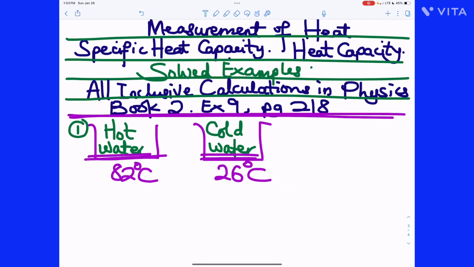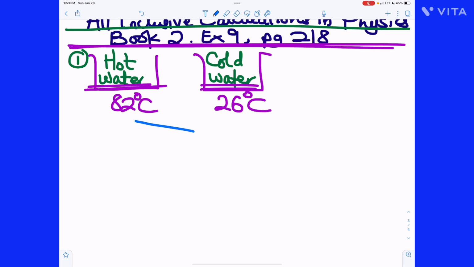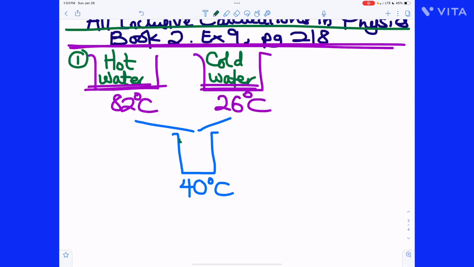Okay. We now want to mix the water in such a way that at the end of the day, we fill our bucket with water that's at 40 degrees Celsius so that we can easily bathe. What this means is very simple. You can notice that water at 40 degrees Celsius is not as cold as water at 26, and it's not as hot as water at 82. So what happens in this mixing is that